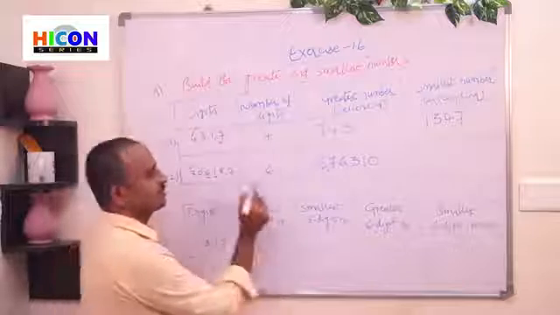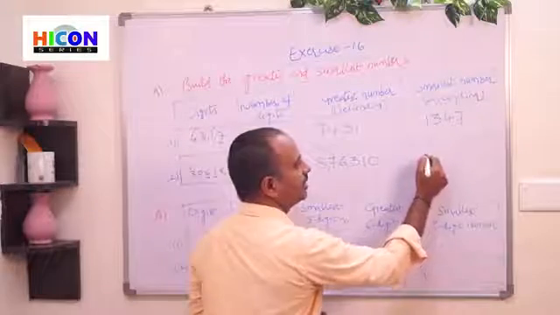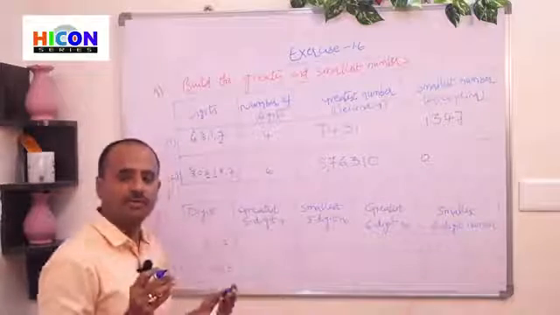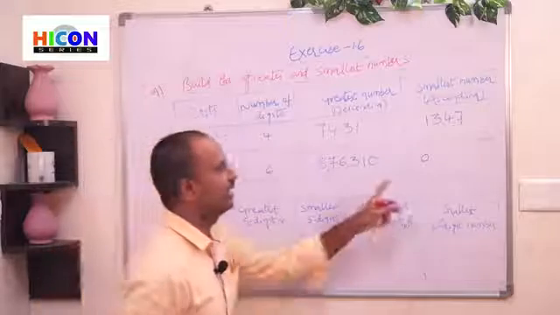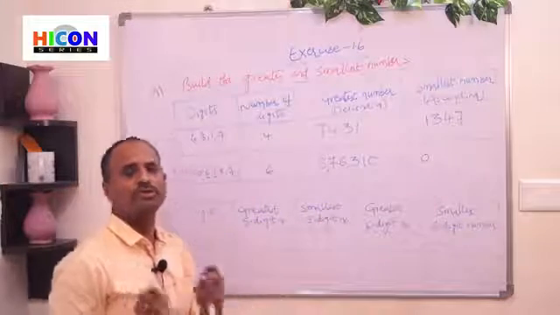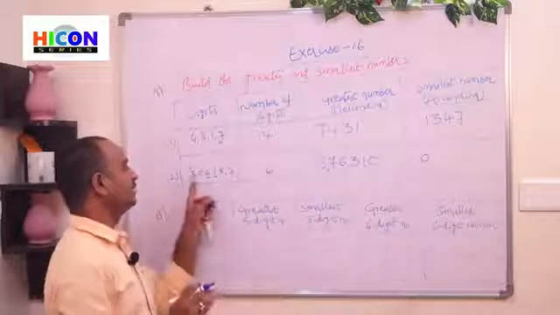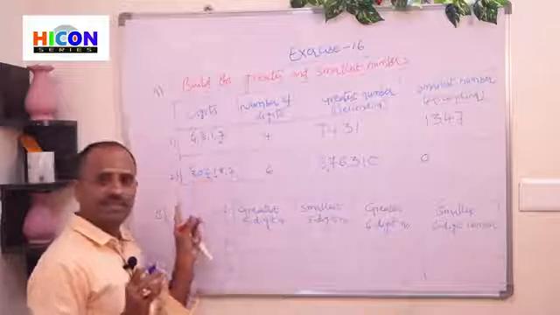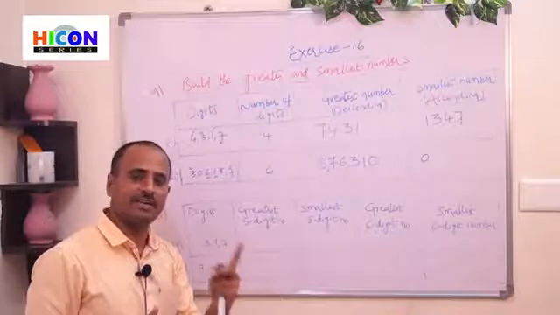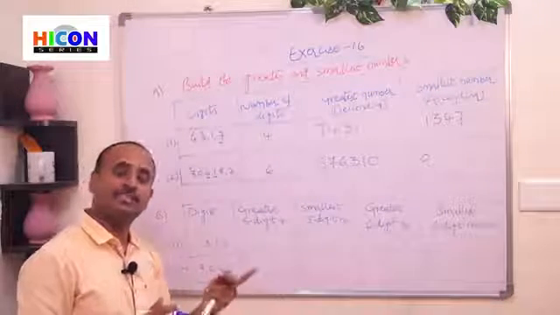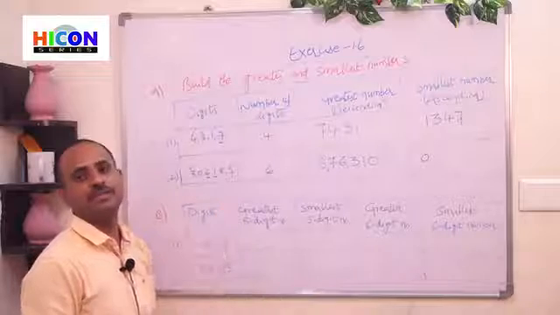So 0 is the smallest. So remember children, we should not start any number with 0. If we start any number with 0, it has no meaning. That's why if 0 is present among the given digits, write 0 in the second place and write the next smallest digit in the first place.